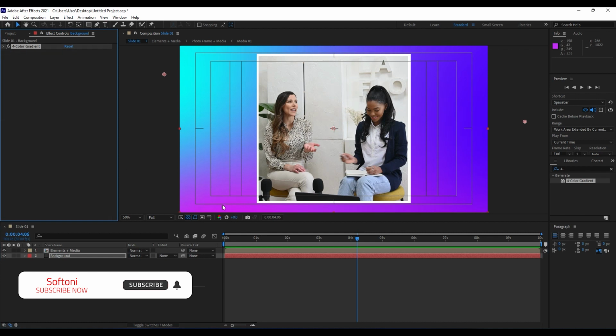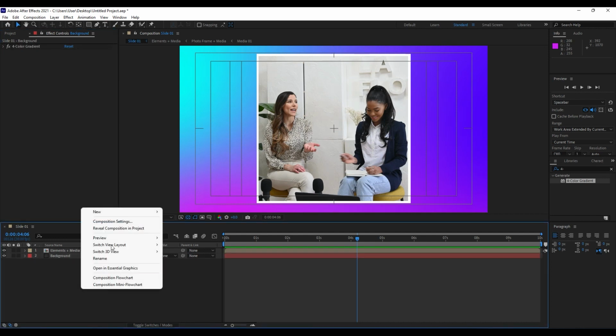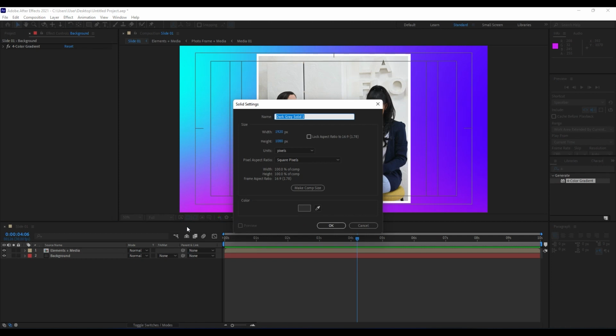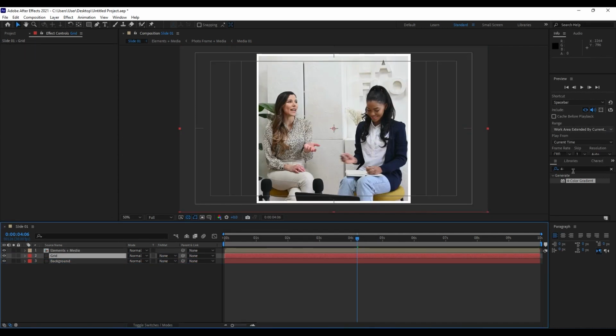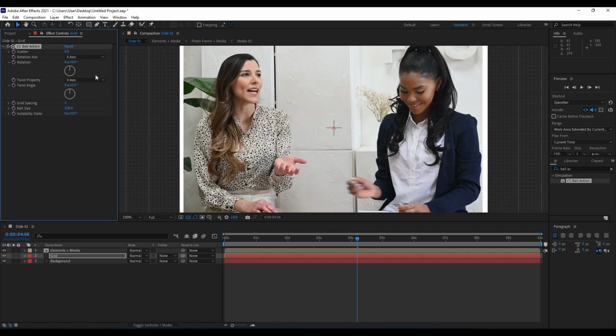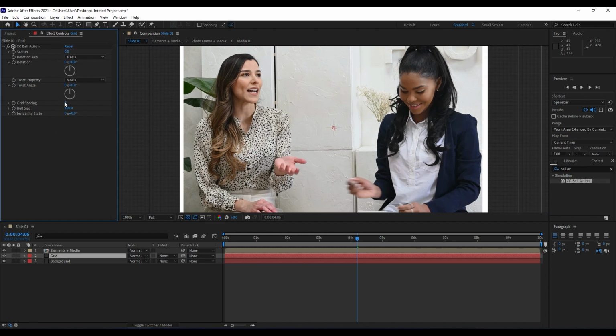Next thing what we're gonna do is to create little balls behind this elements plus media composition. Also go right click and then hit new solid. We will call it grid, and then hit OK. For this solid we will type here ball action, double click here, and then for this scatter we will do 0, grid spacing maybe around